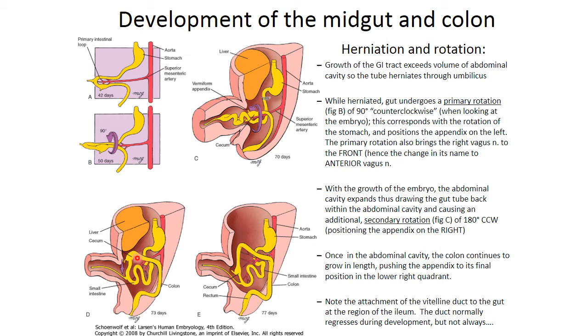Initially this cecum is going to be present just below the stomach, so we say this is subhepatic cecum, or this is in the subhepatic region. Then it grows down with its further development towards the right iliac fossa. That is showing you its downward growth and elongation towards the right iliac fossa.